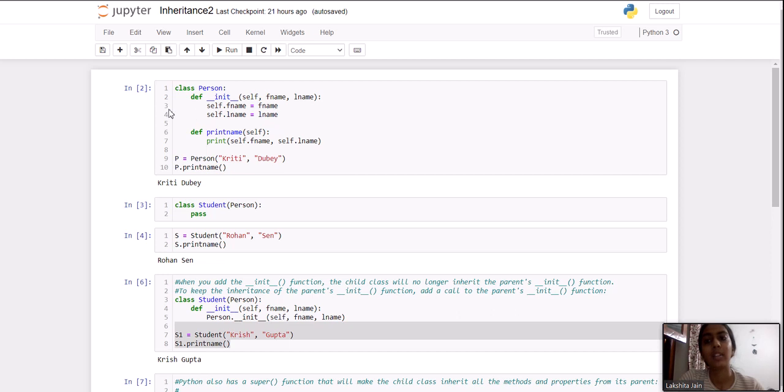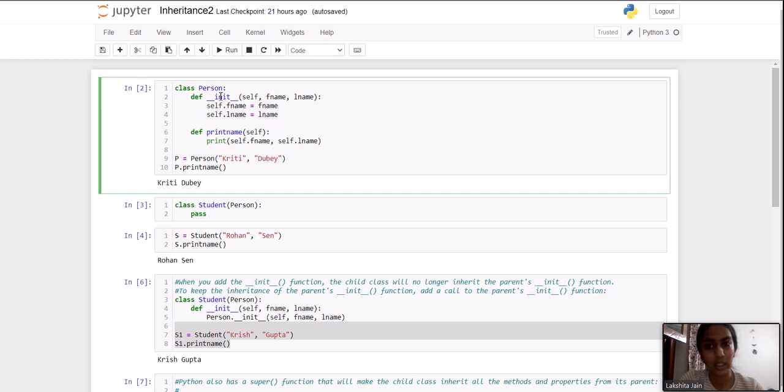Here I have created a parent class known as Person, and we have an init method in it. You all know what an init method is. It calls itself when we create an object. We don't need to call it explicitly.